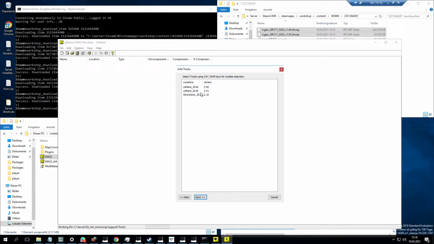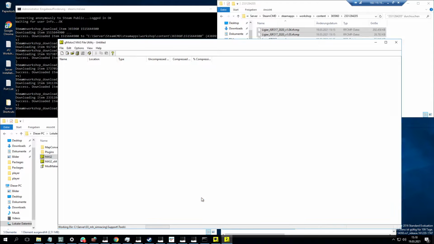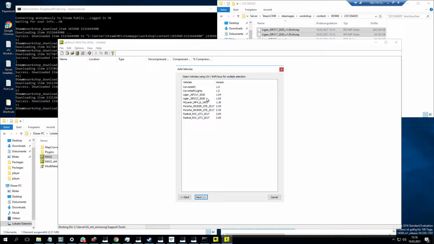Now you can see all the tracks that you want to decide on. Let's say, you know what? We also want to race at Silverstone. So we take those two. We want to have the Ligier, the Porsche 991 RSR, and the Radical. We don't want to have the McLaren, so we don't click it. Next,